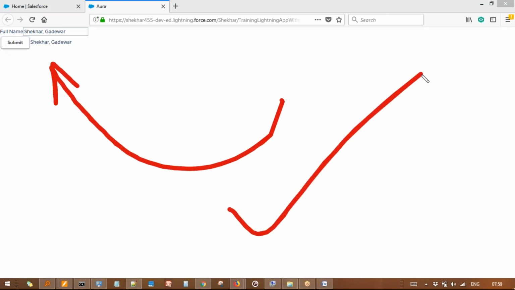That's it. It's working. So now you have successfully understood how to make the communication from the component to the JavaScript controller and fetch the value from the JavaScript controller to the component. Set the value, get the value, fetch the value, everything you understood. Okay, now